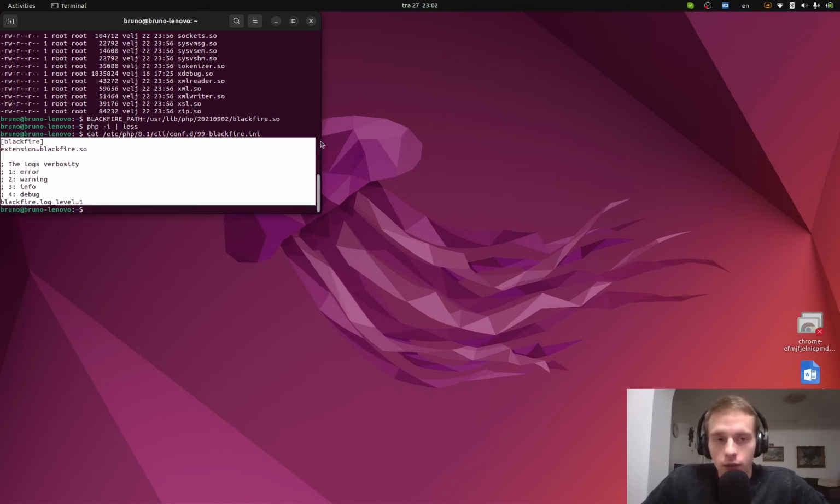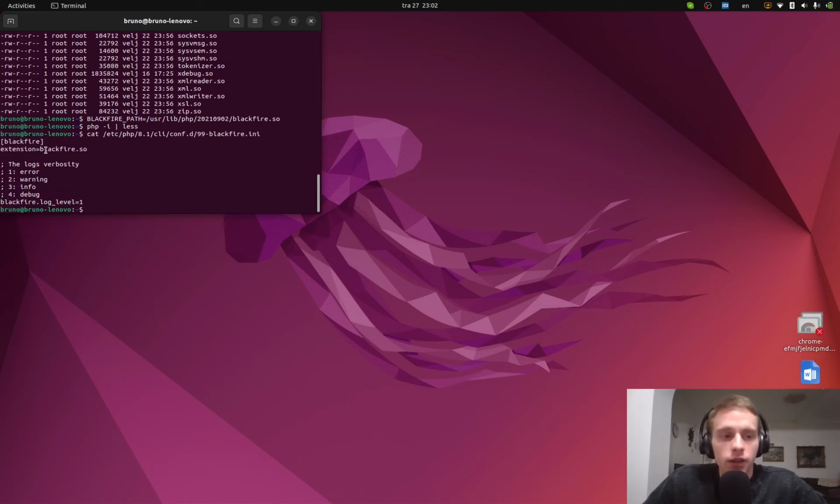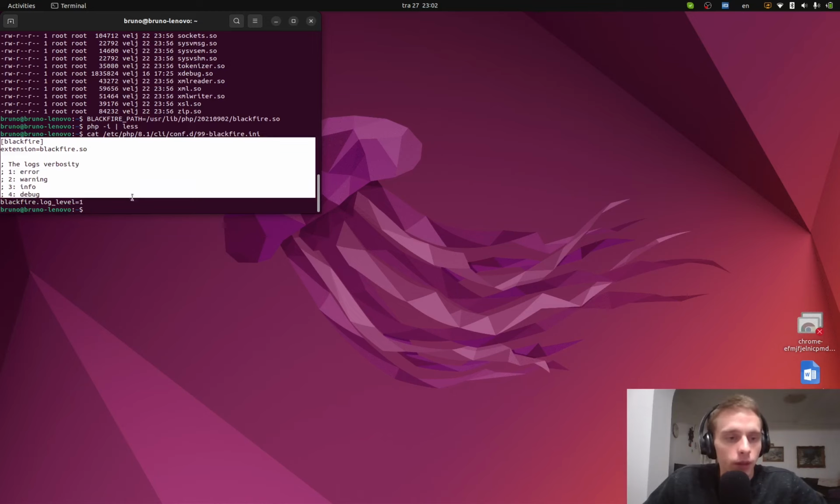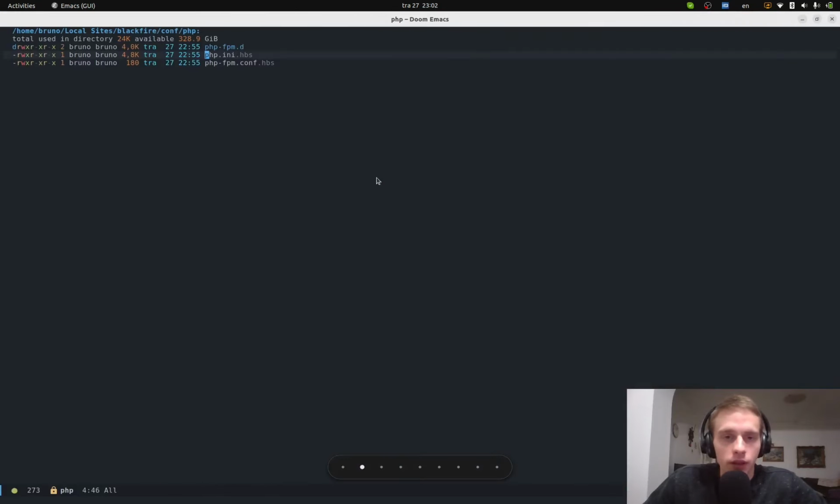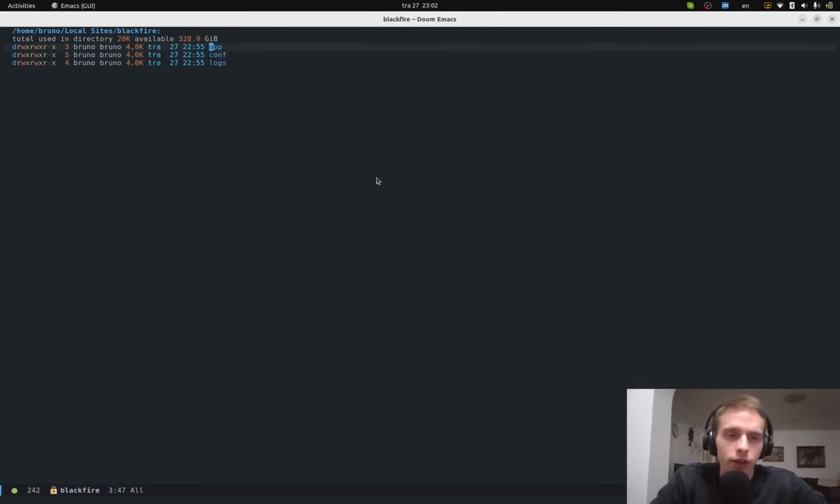All right, and so now the last thing I have to do is add this configuration to LocalWP, and I need to fix this extension path to point to the path that we have defined over here. All right, so I'm going to copy all of this, and then I'm going to go into my local Blackfire site. So it is here, and then we have directories app, conf, and logs. In this case, we go to conf, and then PHP, and then there is